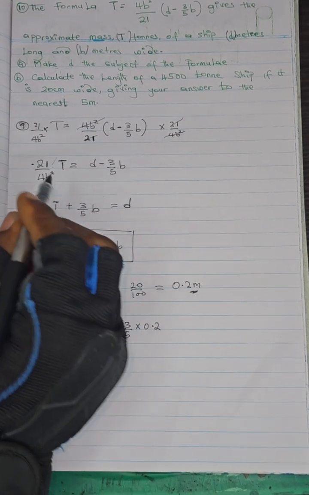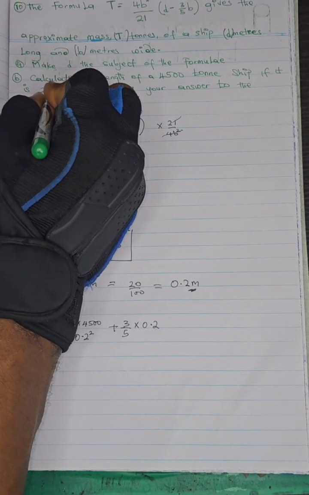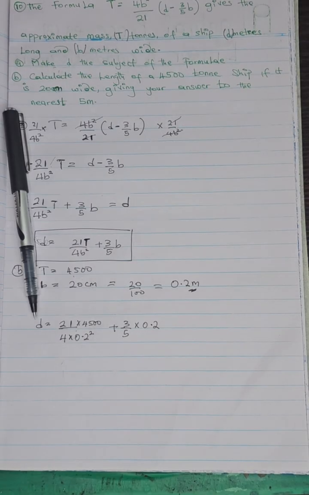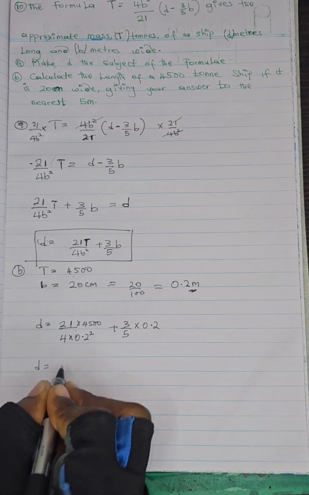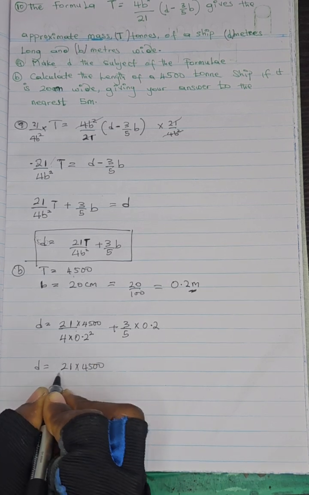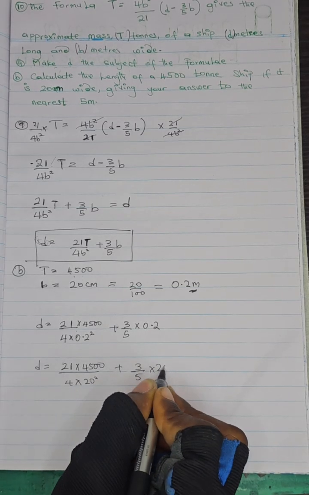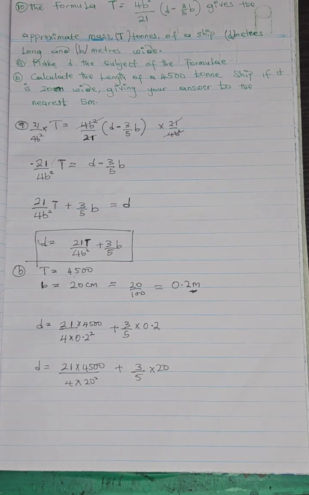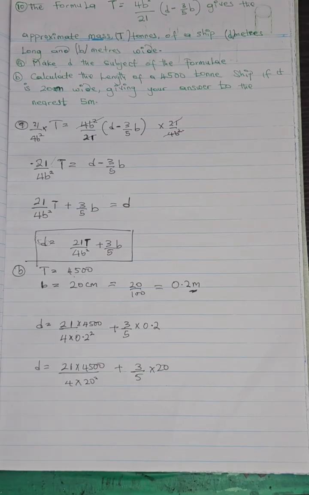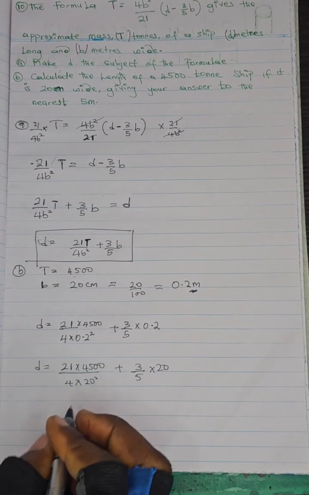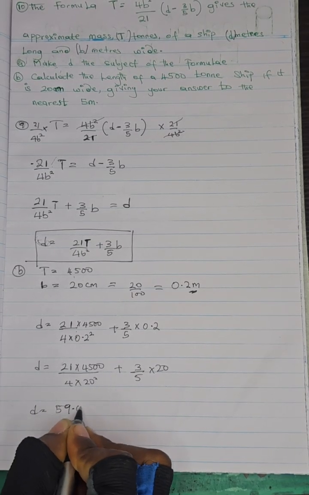So I think I observed something. I wrote 20 cm here, but the real question is actually 20 meters, not 20 cm. So in that case, I can write this as d equal to 21 times 4,500 divided by 4 times 20 all squared, plus 3 over 5 times 20. I think this is the right way to calculate it. I am told to put it to the nearest 5 meters. So if you punch that in your calculator, you are going to get d is equal to 59.062